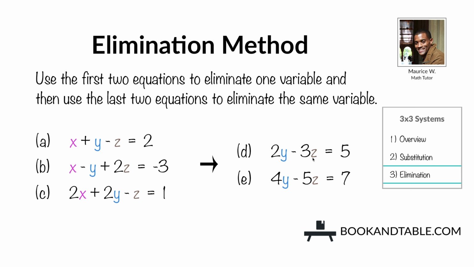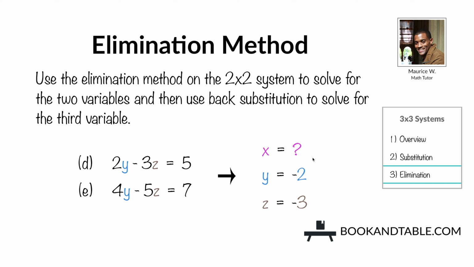And then once we have this 2x2 system, we will use the elimination method on the 2x2 system to solve for the two variables, y and z. And then we'll use back substitution again to substitute y and z into our original equations to solve for the third variable x. So let's use this system and go back to the beginning and walk through it step by